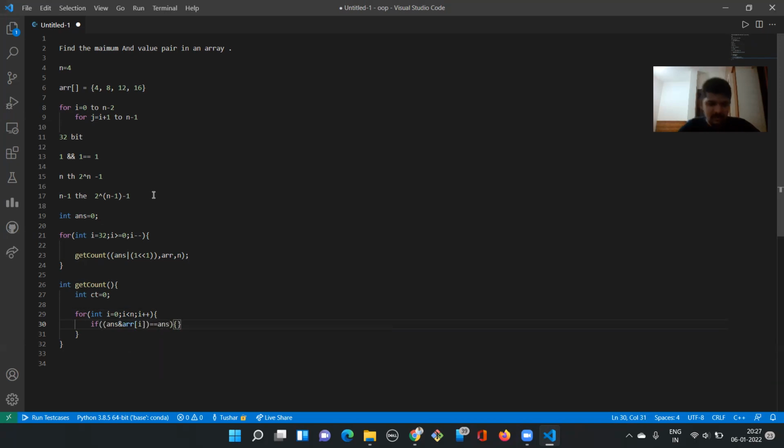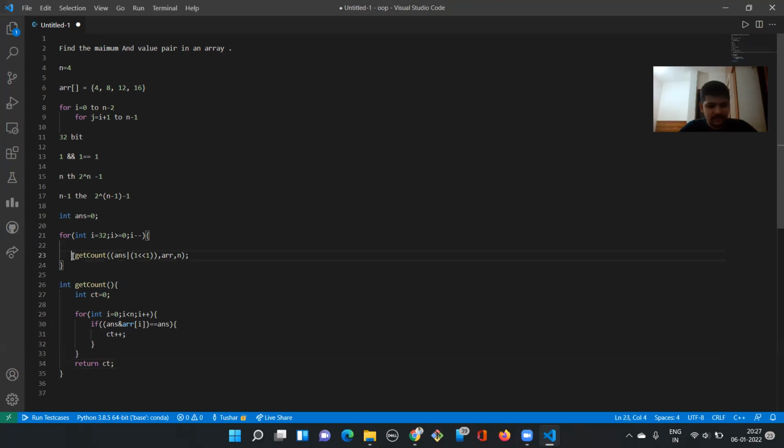Why this condition? Because let's consider if any answer has any 2 bits set, then the array element must have at least both bits set to get the maximum value. So I increment the count, and at last I return the count.